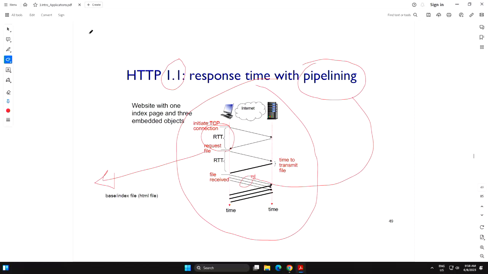So I think we can take a short break, 5 minutes. I'll just stay here in case anyone wants to come and any questions. But when I come back, I will jump some slides and go into some case studies, right? So we'll practically solve and find out how long it takes if it is non-persistent, how long it takes if it is persistent but not pipelined, how long it takes if it is persistent and pipelined.